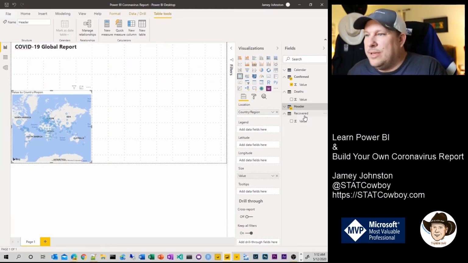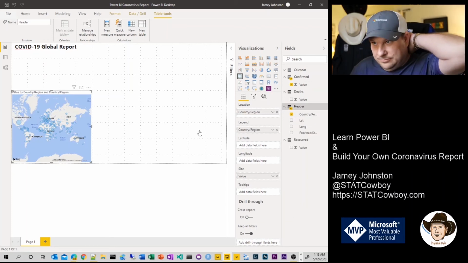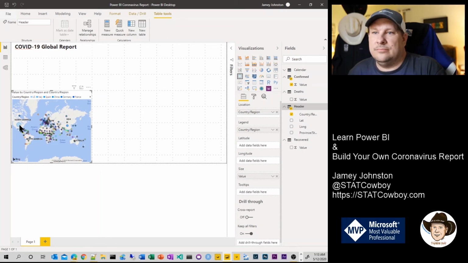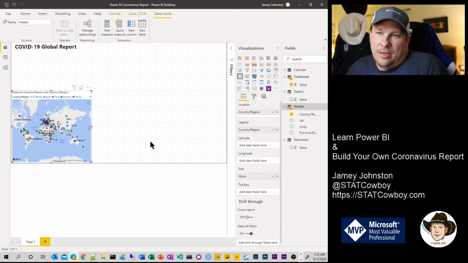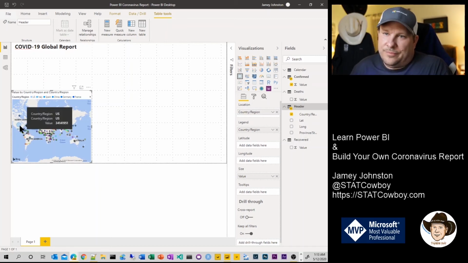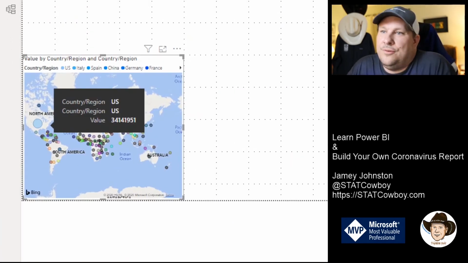And we can color this now. If we want to color this by country, we can do that by grabbing the country region again from the header and dropping that into the legend. And so now it color codes our countries. Now, one thing to note, if I go over and hover over the US, if you notice it says